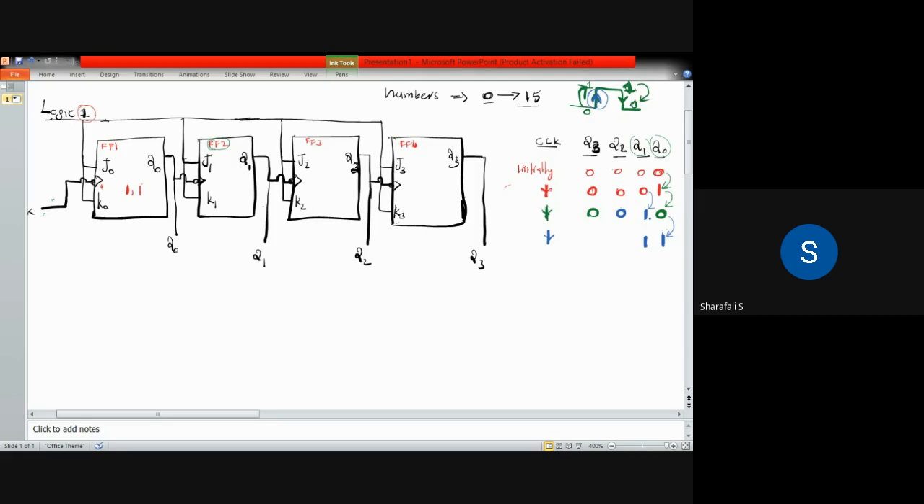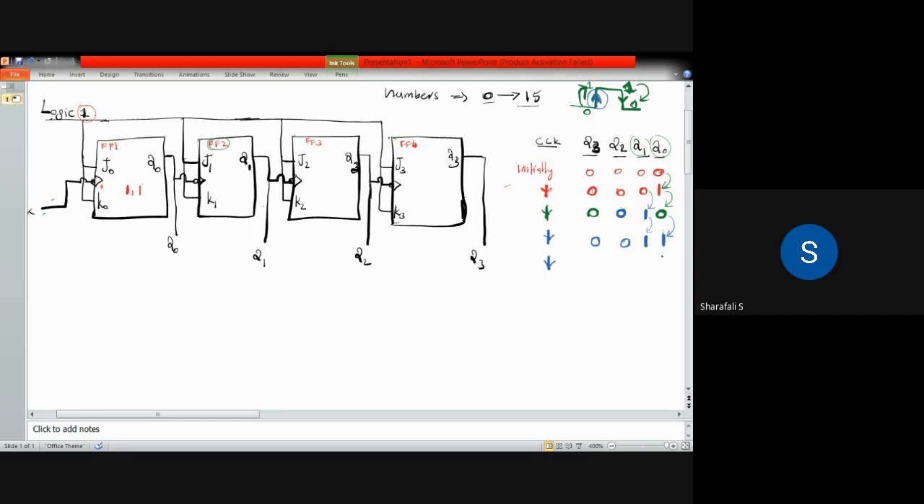So here there is no change in this state. It is keeping the same state, so there is no change in Q3 or the third flip-flop, and there is no change in the final flip-flop or the fourth flip-flop. When you consider the next clock pulse,